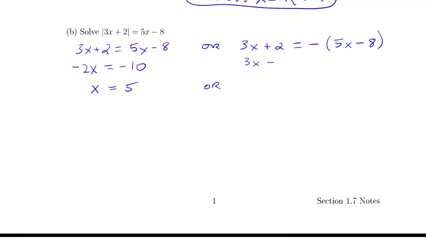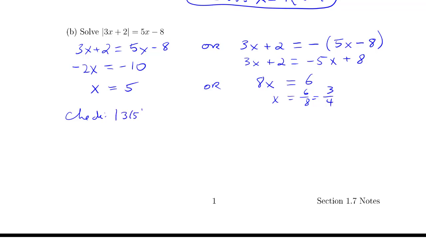Or, here I'm going to have to multiply this out, negative 5x plus 8. Add over 5x, so 8x equals, subtract the 2, 6. x is 6 over 8, or in other words, 3 over 4. Okay, so I'm going to have to check both of these. All right, checking x equals 5, the absolute value of 3 times 5 plus 2,